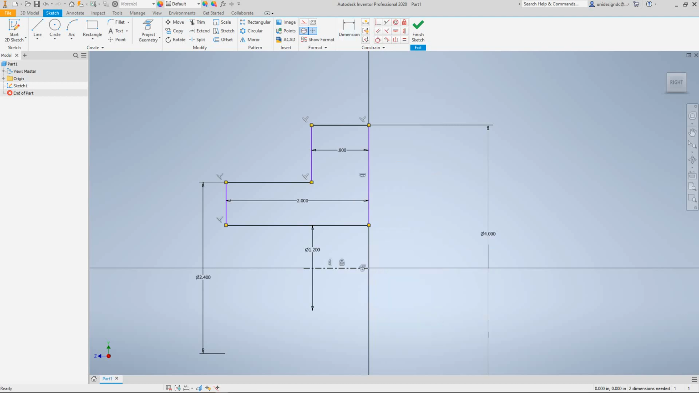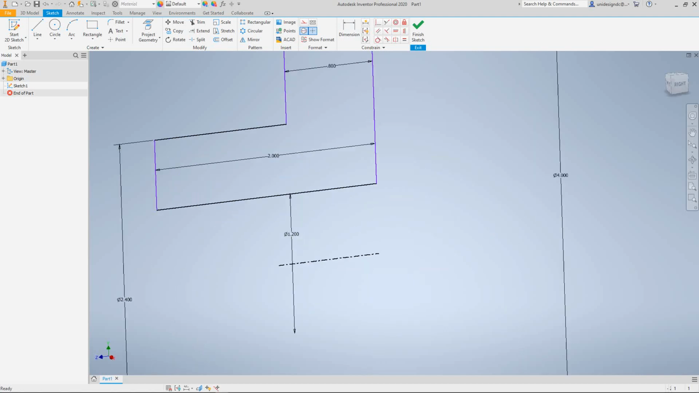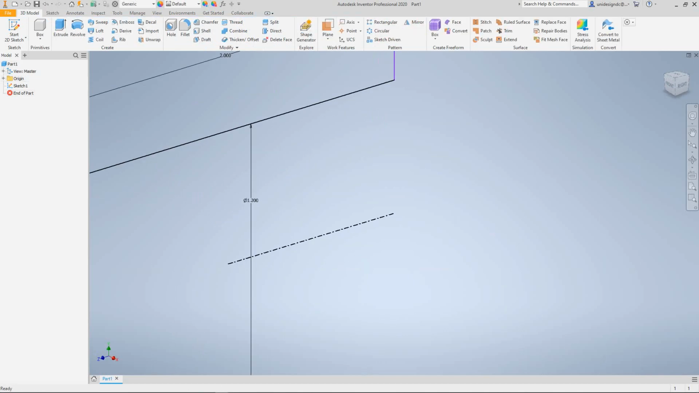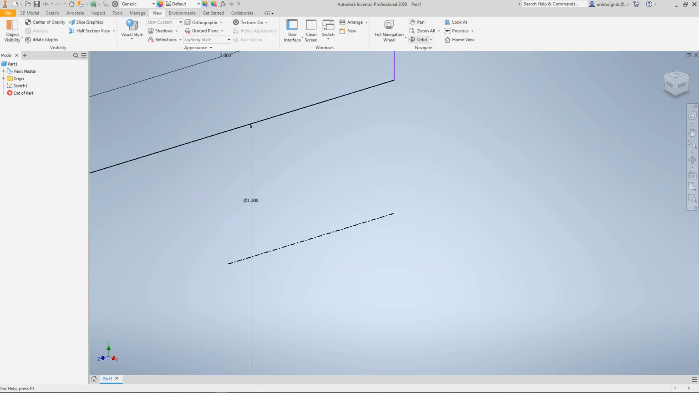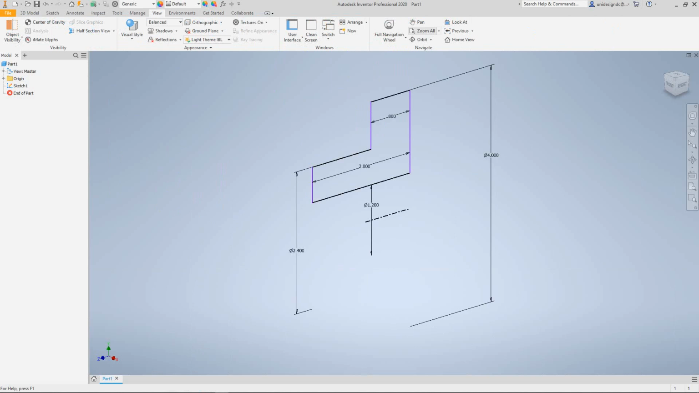Show all constraints. Okay, so when we do that, we show all our constraints, and it's a good check. And we have them all. And we can right click again, and let's finish 2D sketch. So there's our sketch. We go to view, and let's go zoom all. And there's our